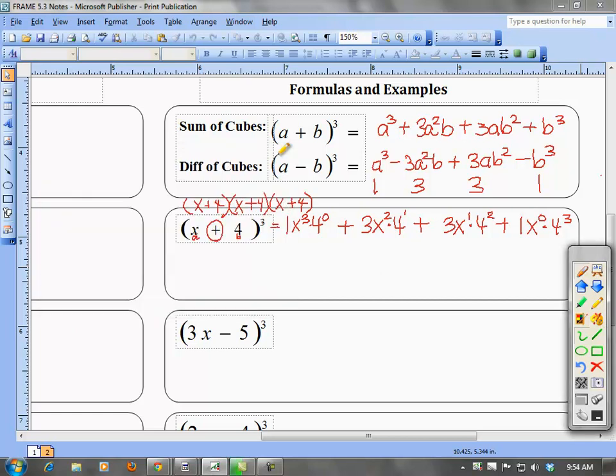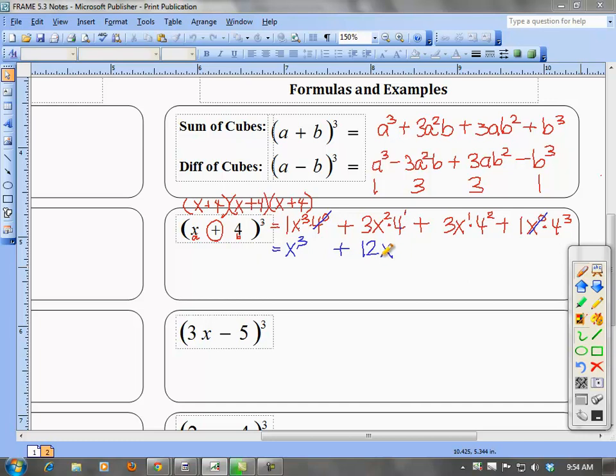According to section 1, anything to the 0 power is just 1. So I'm going to cross off anything to the 0 power, because when I multiply by 1, it doesn't change the value. Now if I look at this first term, I have 1 times x cubed. That is just x cubed, plus 4 to the first is 4, so 4 times 3 is 12,